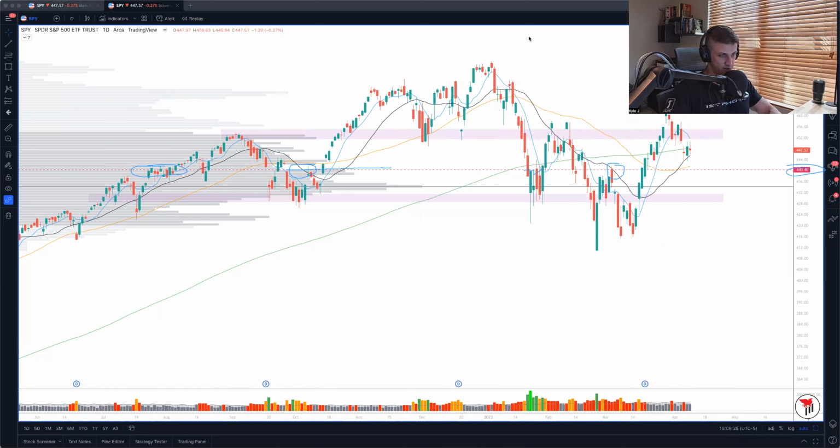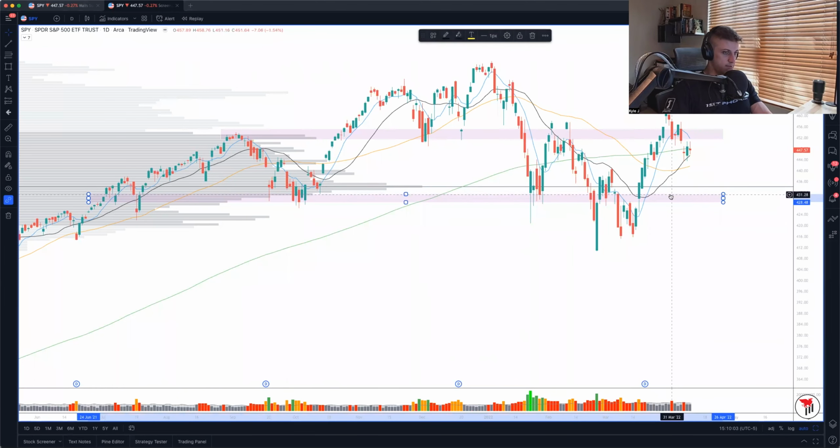Below that, again, if we're bearish, just keeping these reference points in mind, we have the volume point of control right down here. And let me just verify what this level is at. It's going to be at the 434 area. And so we will consider this absolutely a key reference point as well, the 434 zone. Below that, we start to get into that pivot as well, that support pivot area in the 428